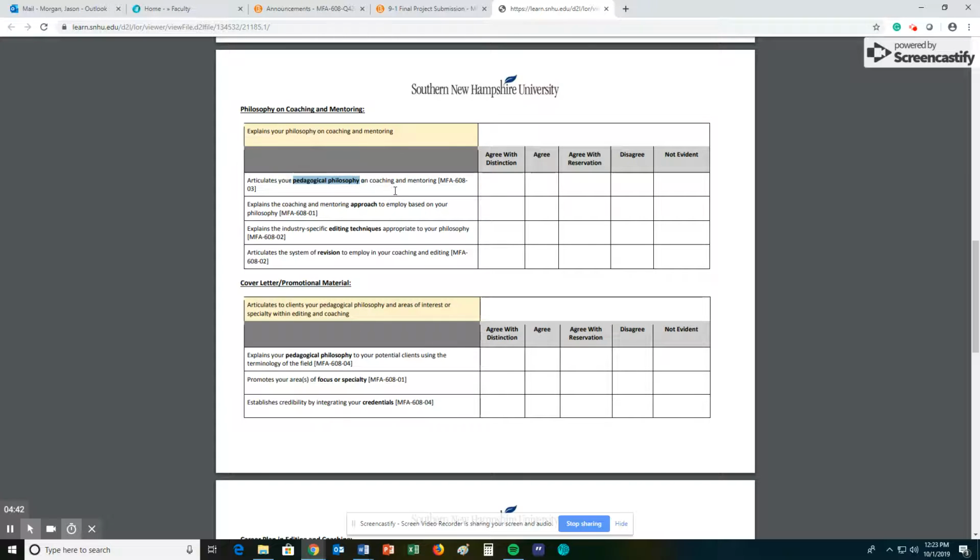If you state your philosophy and then you give a sentence or two or three, you can even write paragraphs. Okay, you don't have to put a whole bunch of paragraphs for each one of these, but give me solid evidence and reasoning behind each one of these approaches, and that's how you get a degree with distinction.